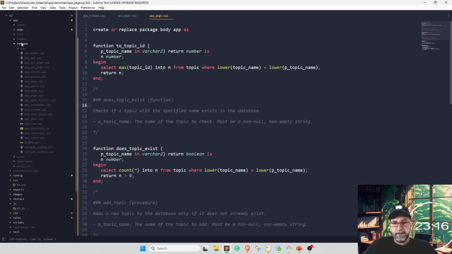I'm going to go ahead and start. That's what we're going to be working on today: Reflash. We're just getting started, so you're going to see how a new project kind of gets started.